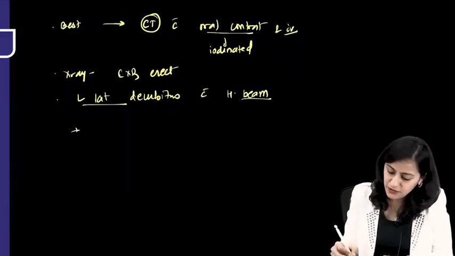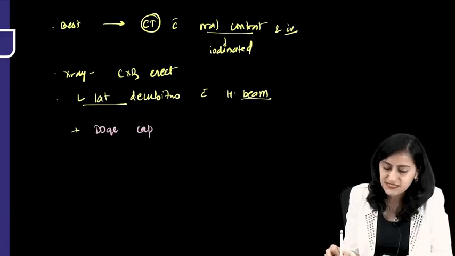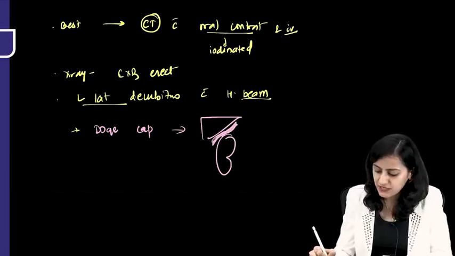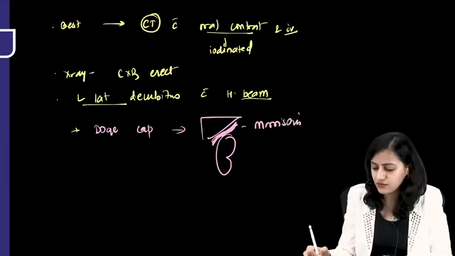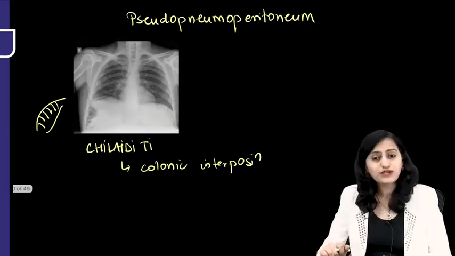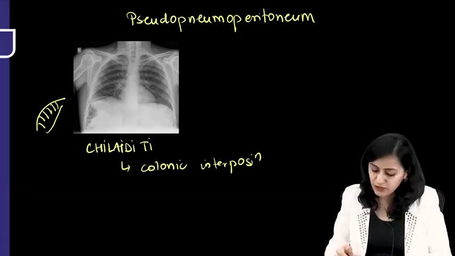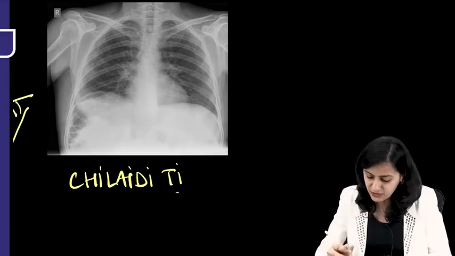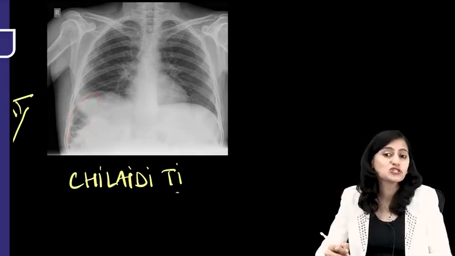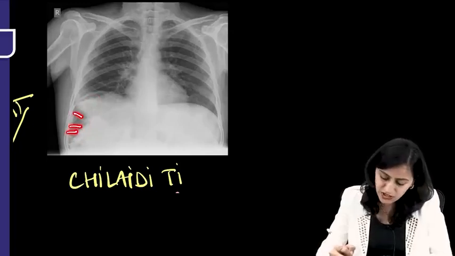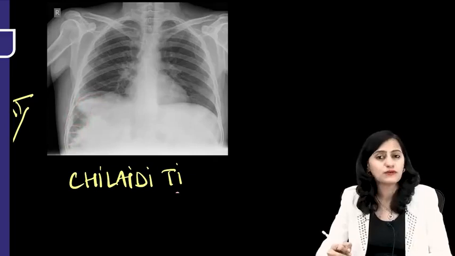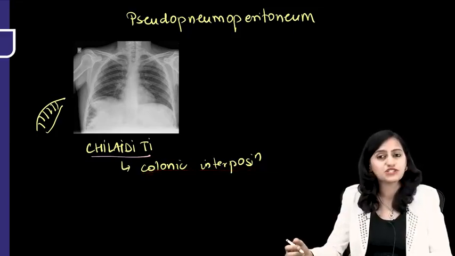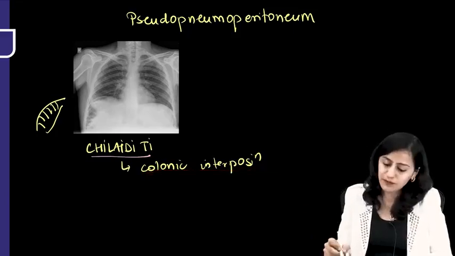One more sign that we have in pneumoperitoneum, also remember the Doge cap sign, which is the air in the Morrison's pouch. So like the cap, we have the accumulation of air in the Morrison's pouch, that is called as Doge cap sign. Now going to the next one, pseudopneumoperitoneum. One of the causes is Chilaiditi's. What is Chilaiditi's? So what do you see in this radiograph is, there looks like there is air under diaphragm, but here this is not the free air. Why? Because we see the haustrations here. So this basically is the bowel loop, the colonic loop in between the diaphragm and the liver. So this is basically colonic interposition. This is Chilaiditi's, which looks like pneumoperitoneum. So this is